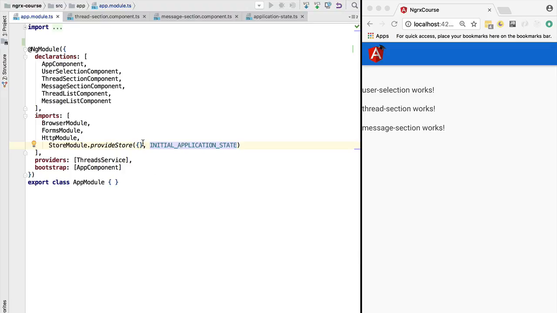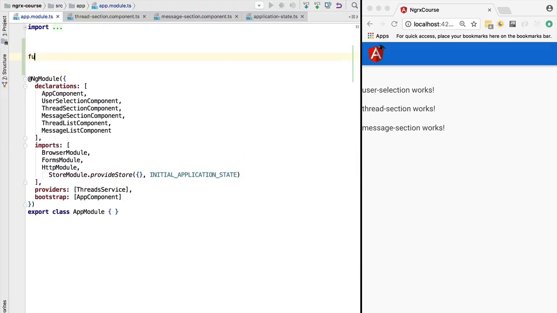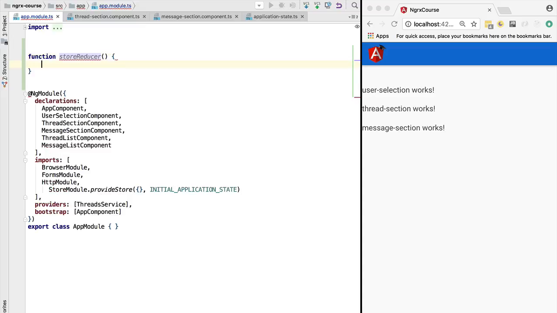The store can be modified via a reducer function. So let's write here a reducer function. We will call it store reducer. This is simply a function that takes as first input argument the current state of the store. So we are going to define a variable state and we are going to annotate it with the application state